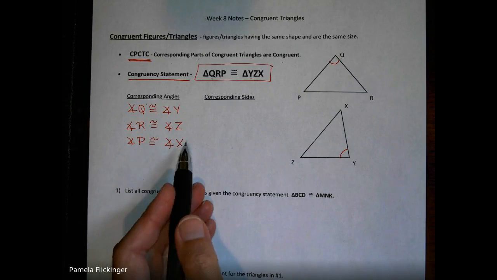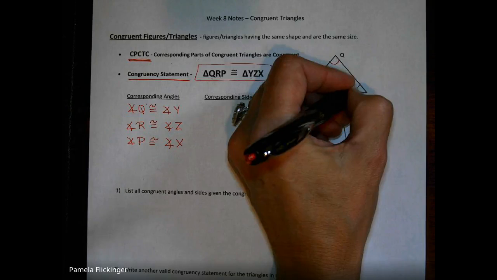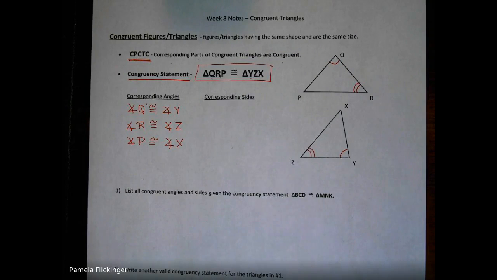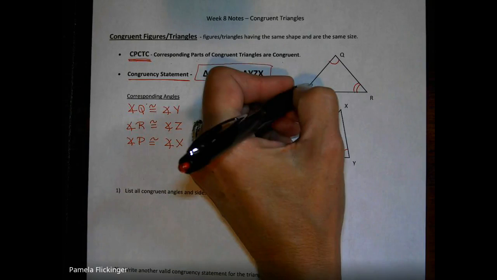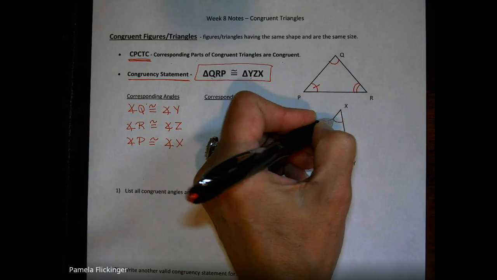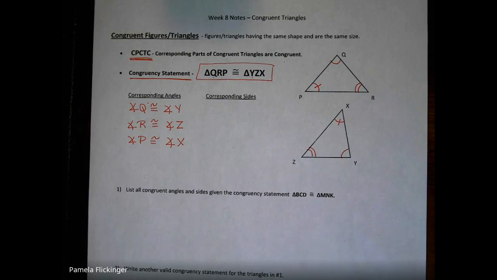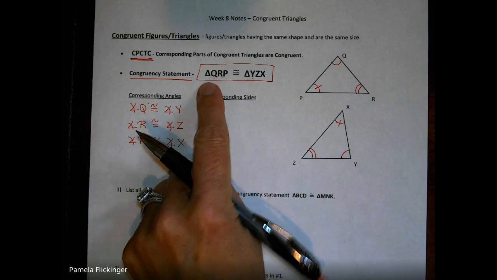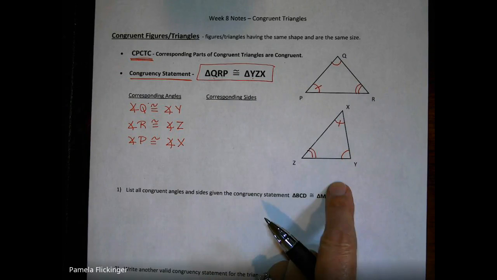And then R and Z. Now we already did one arc, so we would have to use something different. So I'll do a double arc in angles R and Z. Another way would be to do arcs with tick marks. So let's do that for the last one. So angle P, I'll do one arc with a tick mark, goes with angle X. So we'll do an arc with a tick mark. All right, so if you don't have the congruency statement, but you have a picture, just look at how the